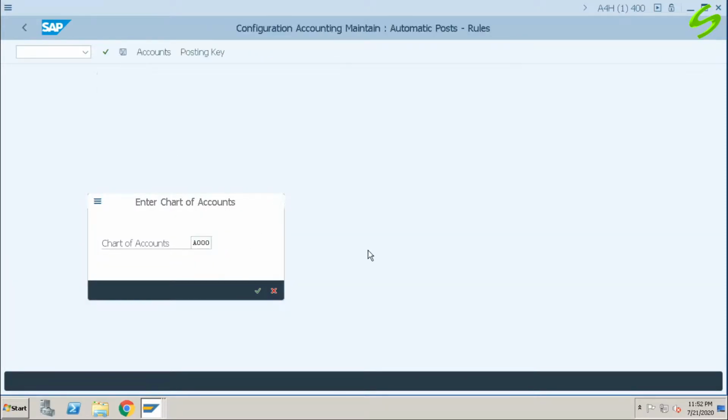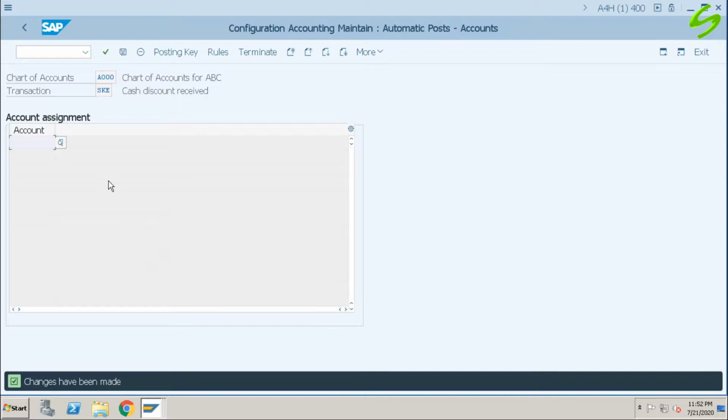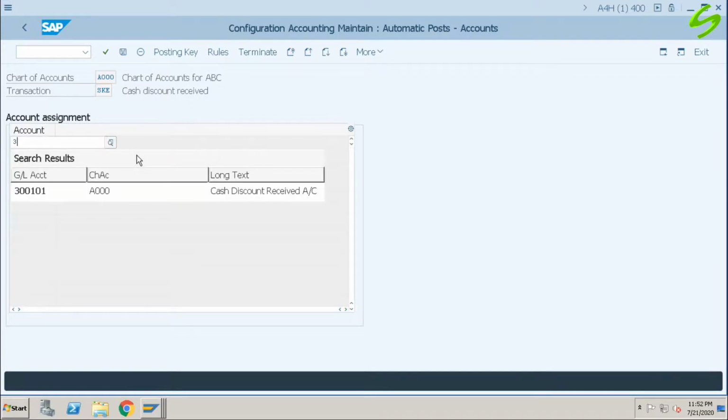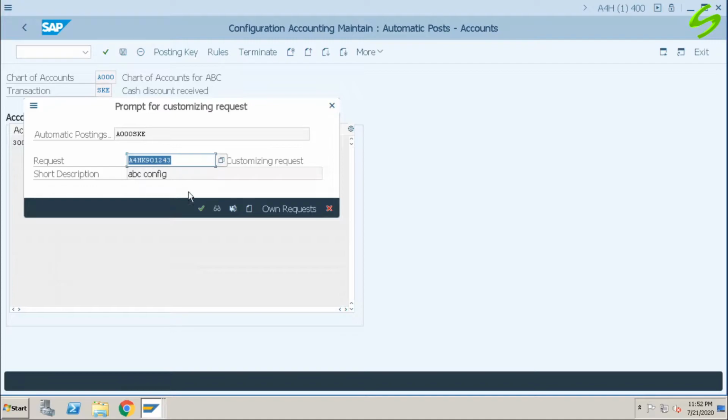Give the chart of accounts, hit enter. It directly takes me to the transaction SKE, which is cash discount received. Click on accounts, click on save, GL account 300-101, cash discount received, hit enter and save.